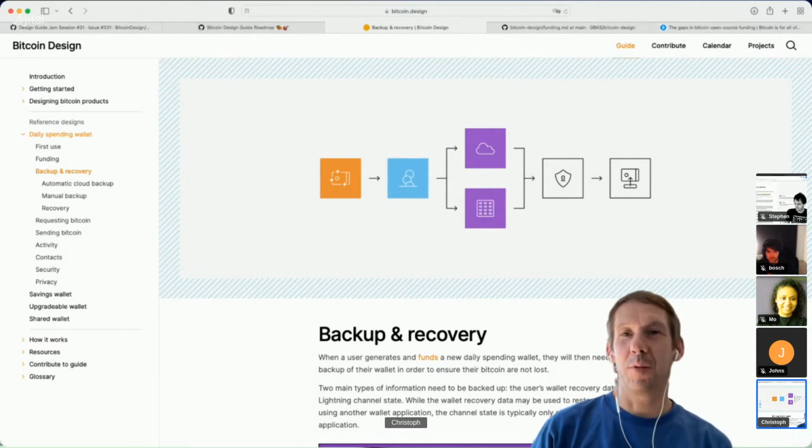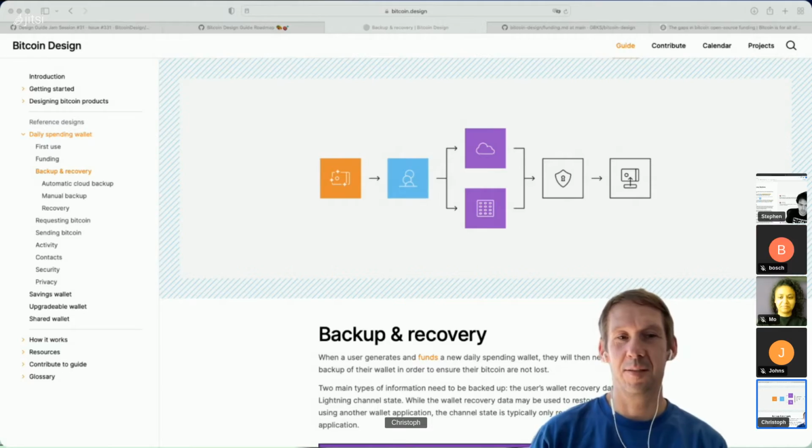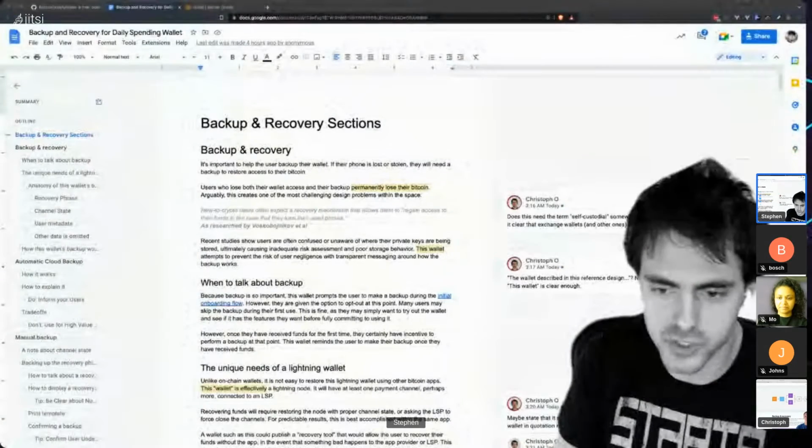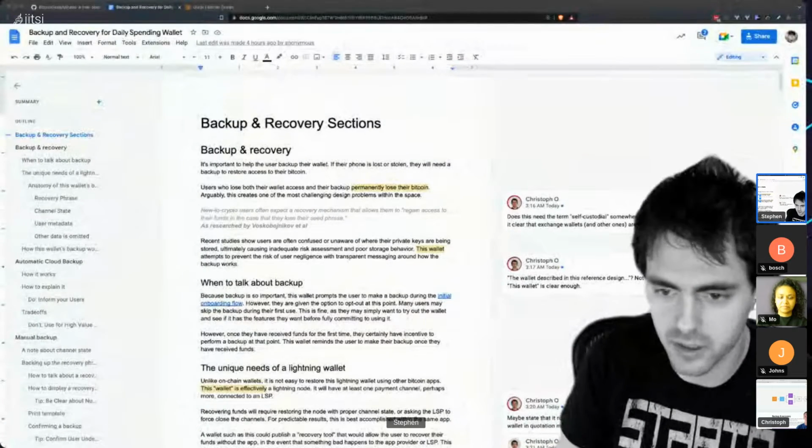Okay, so are we good with this one? So your next step is, what are your next steps, Stephen? What do you want to do? What do you want from us? Basically, just anyone who wants to provide feedback, leave feedback on it, and then